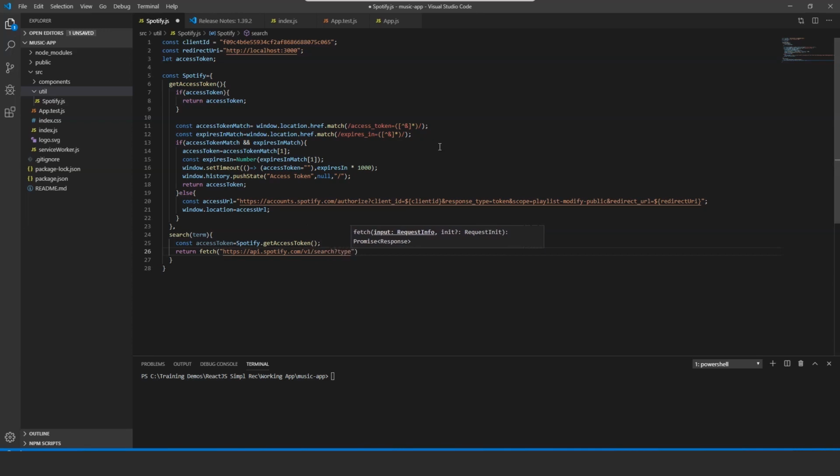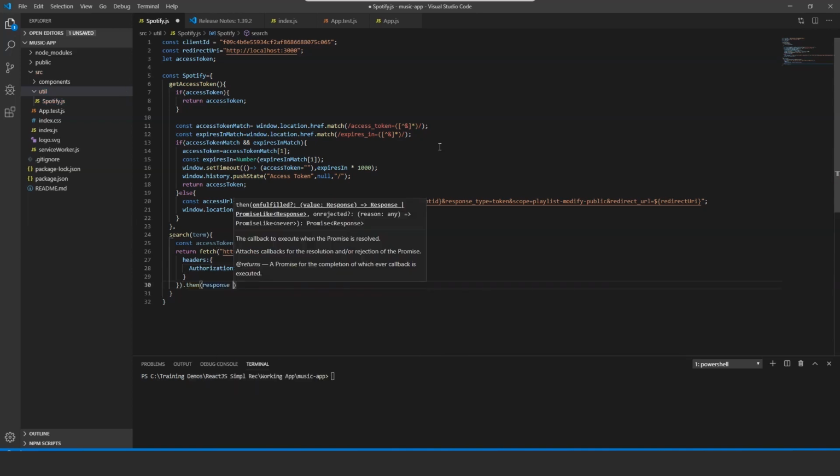That's the query string that we will add. type=track&q=${term}, comma. As the header information, we will need to pass the authorization, where we will say that the bearer is ${accessToken}